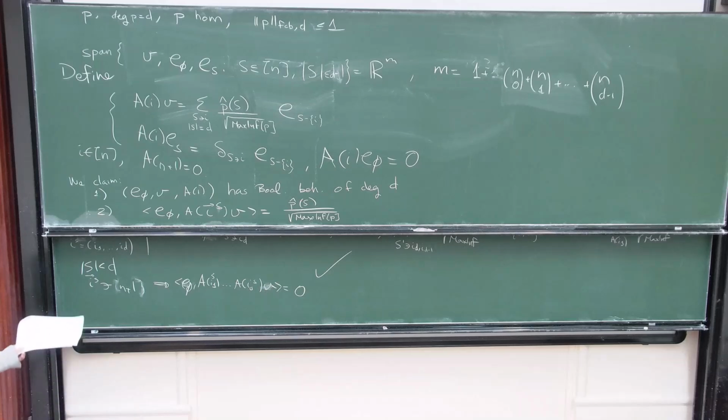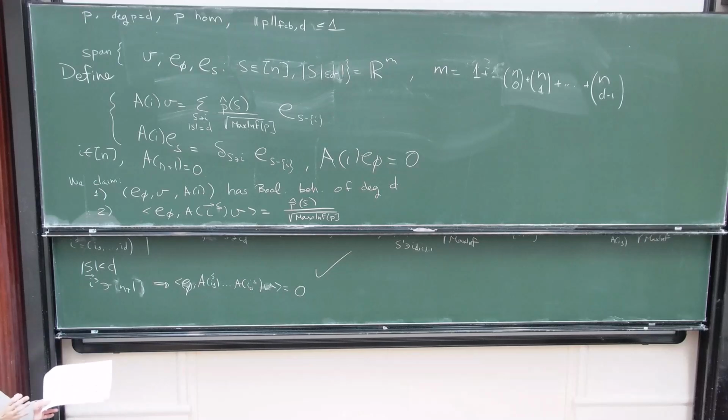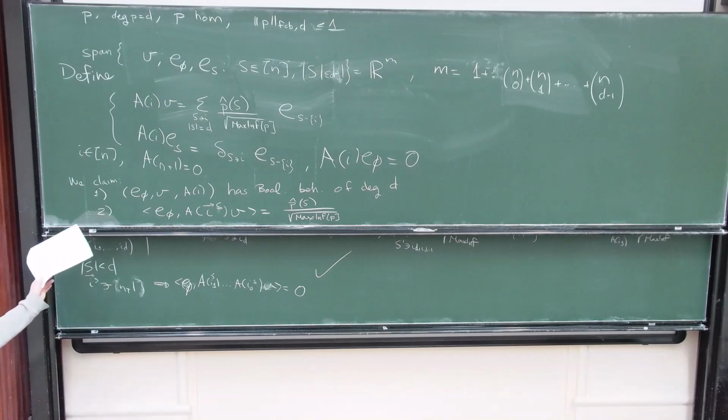That is simple to check because they are carrying vectors, putting them in levels according to the size of the set of numbers from 1 to n that they correspond to, and they are going to carry vectors of different levels to vectors of different levels. So these matrices A_i carry an orthonormal basis to orthogonal